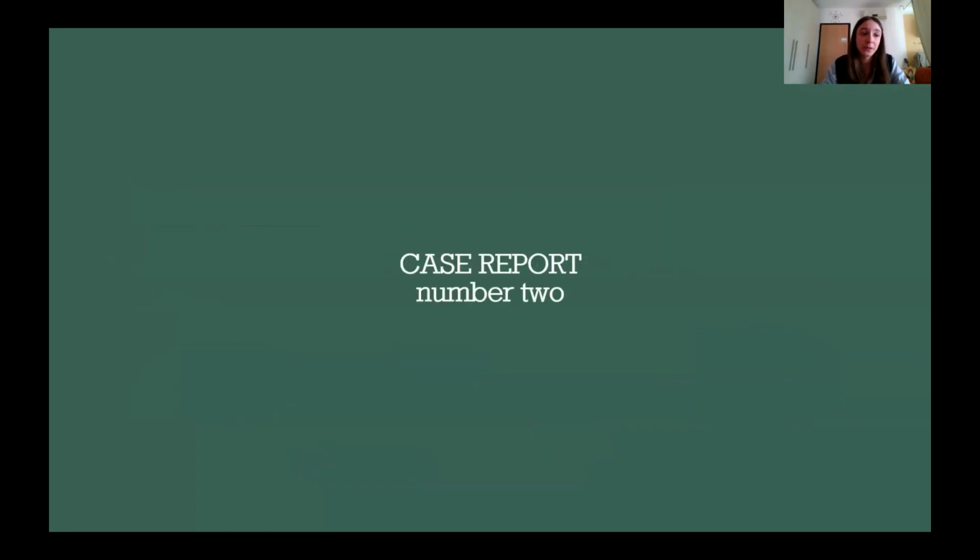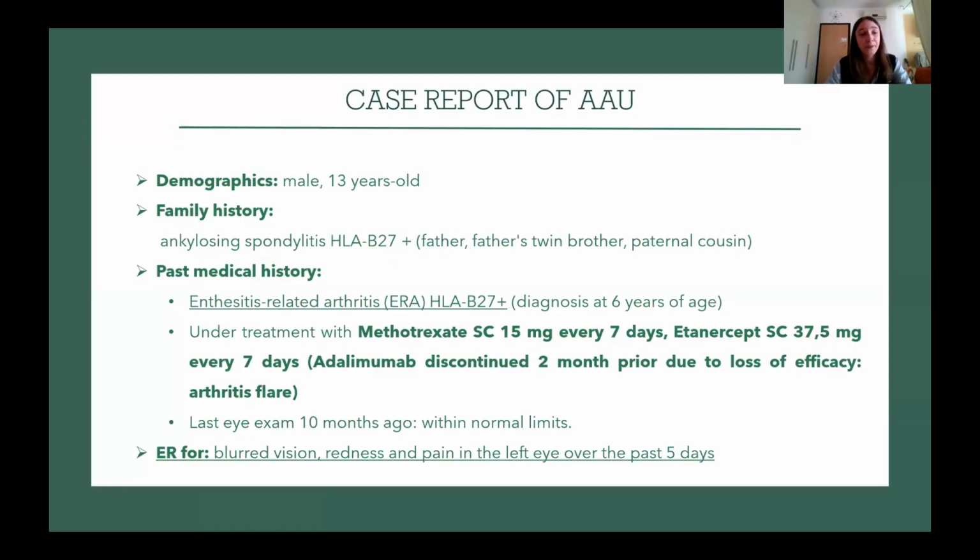Now let's move to the second clinical case. The second case involves a 13-year-old male with a positive family history for ankylosing spondylitis. He has a history of enthesitis-related arthritis, diagnosed at 6 years old, and he tested positive for HLA-B27. He was under treatment with methotrexate and etanercept, introduced after previous treatment with adalimumab, withdrawn due to